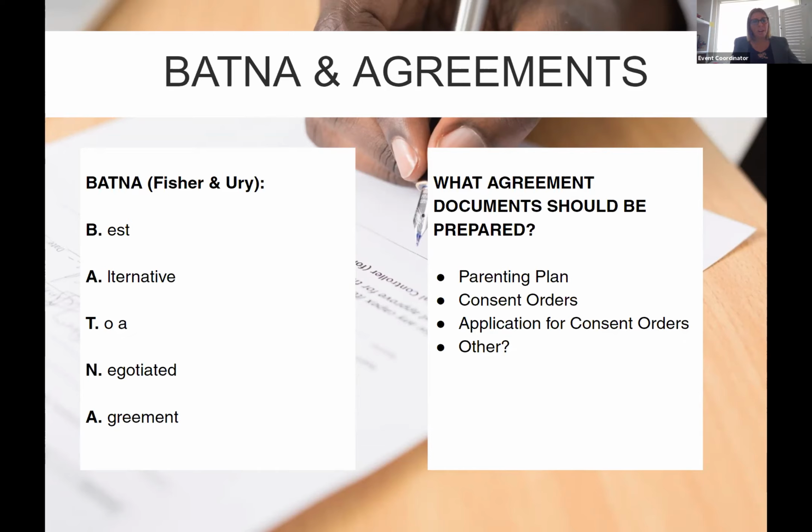Alternatively, in financial matters, sometimes there's a binding financial agreement, but that's generally not recommended these days because of the risk involved for law firms, etc. So if possible, if it's post-separation, if you need orders for parenting and or financial, it's consent orders and the application for consent orders. And it's strongly recommended in financial matters.